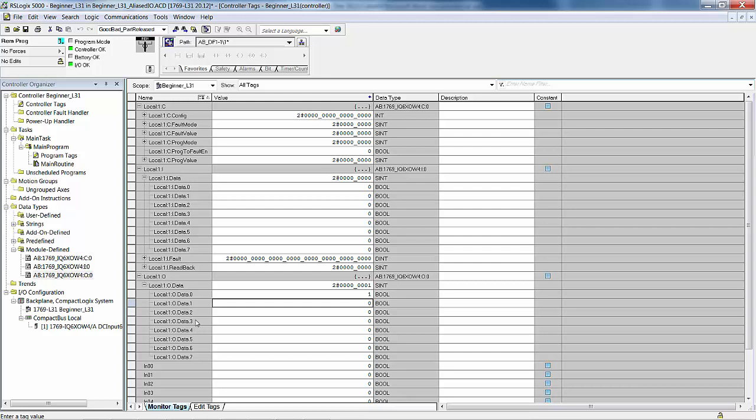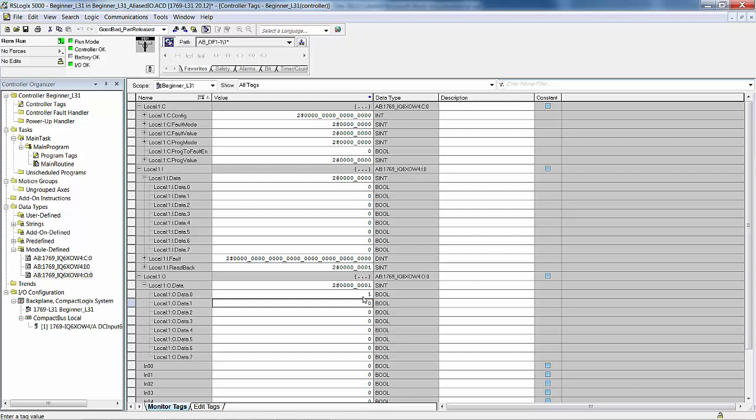Now in this case, we don't have any logic in there. So watch what happens. I'm going to go back to the run mode. Okay. Now the 1 stayed and my output is on. When I look over at my digital field device simulator, I see that output on. Why did it stay on? Well, there's no logic to tell it to turn off. However, if we did the same thing with an input,